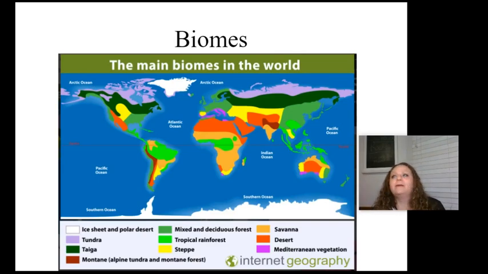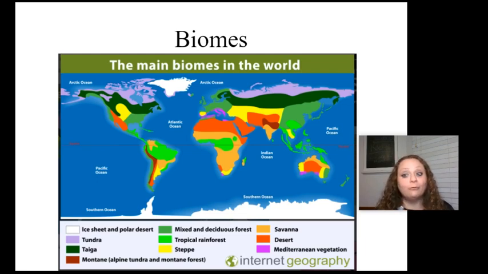Okay, so what did I mean by climax community? Well, climax community is what type of environment, what type of plants are supposed to be in an area based on where that area is. Biomes are really what we're kind of getting at here. So we actually have several different types of biomes. Nobody really agrees on the number of biomes we should have. We're really going to talk about 6 of them.